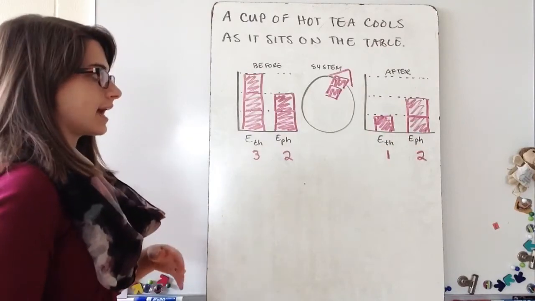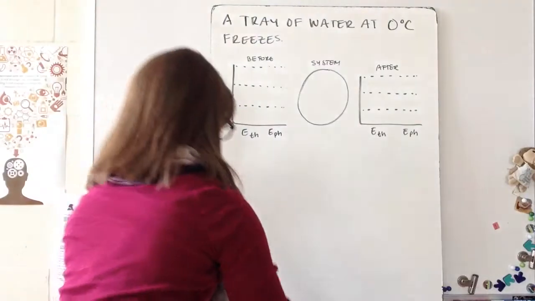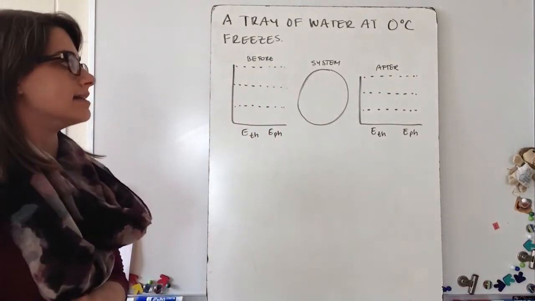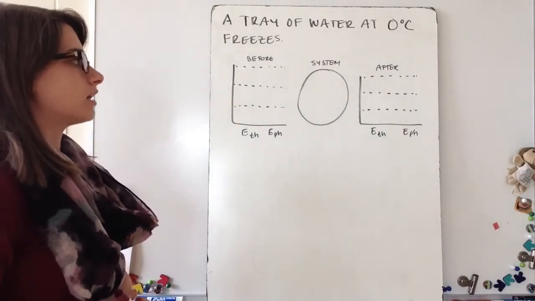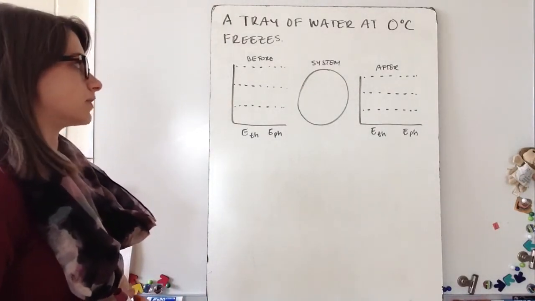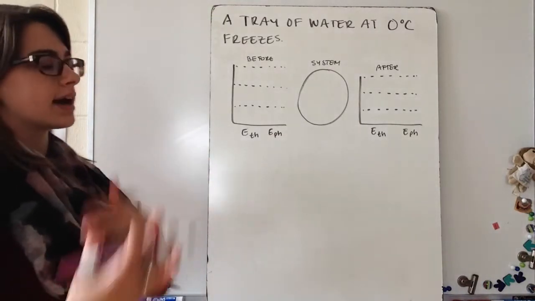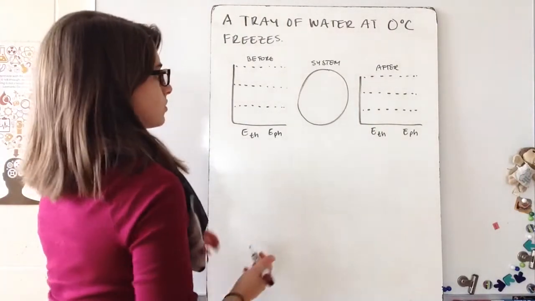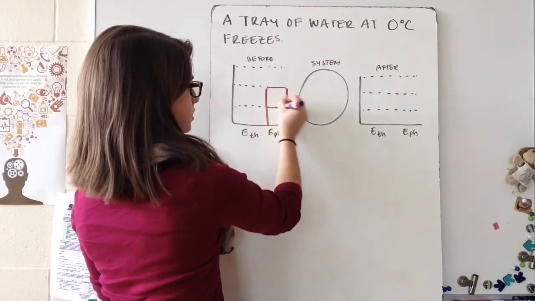Okay, let's look at a second example. So in this one, it says a tray of water at 0 degrees Celsius freezes. Okay, so let's analyze our phase energy first. So we're going to assume, since it's going through the process of freezing, that means it has to go from a liquid to a solid. So we're going to assume that it's a liquid first. So it's going to have 2 bars